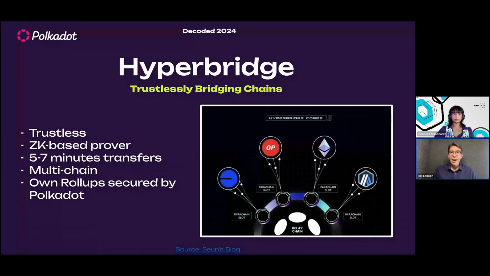There is another bridge mechanism called Hyperbridge. This is going to be its own parachain that can interact, essentially having virtual parachains to interact with all kinds of other chains using a zero knowledge based prover, ZK based prover. So this is basically creating rollups that access these other chains, but they're secured by Polkadot. So the long and the short of it is that we have several trustless bridges that are being developed and even used right now with the help of Beefy.